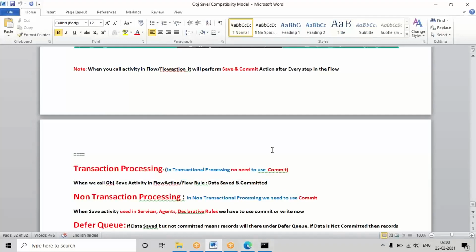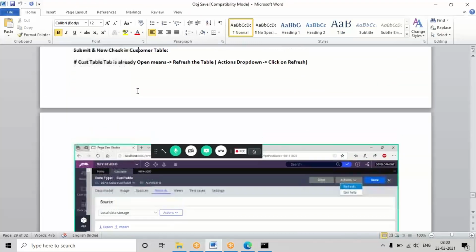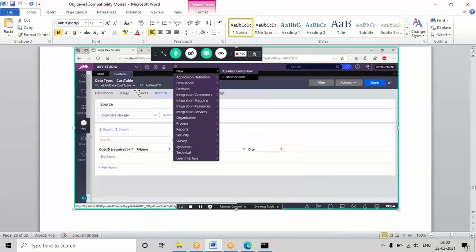If you want to try for some other design also, you can try. After trying for the customer design, try the save requirement for the vehicle design also. In the vehicle design some set of properties are there, right? Page properties are there, right? Single value properties are there. In the customer design we have single value properties. Try the same save requirement, try to create a data type for the vehicle.